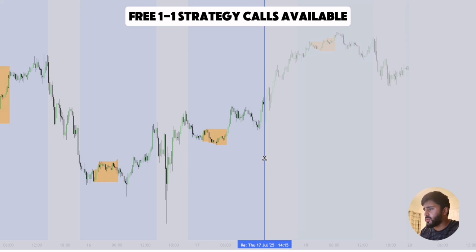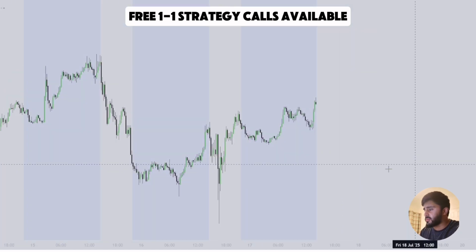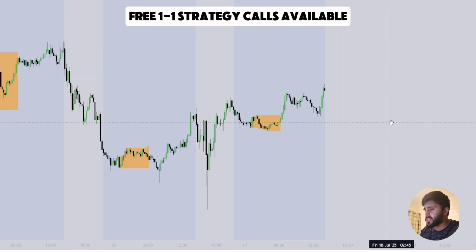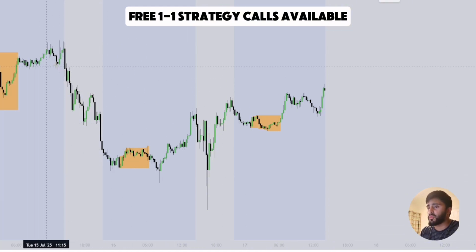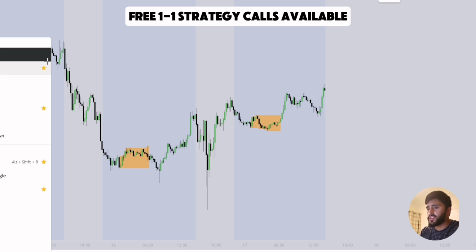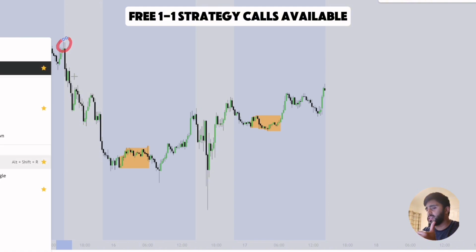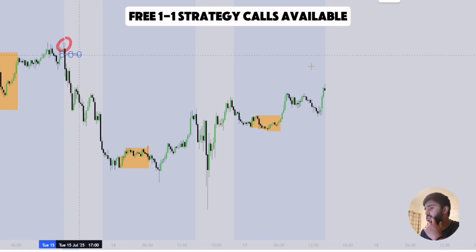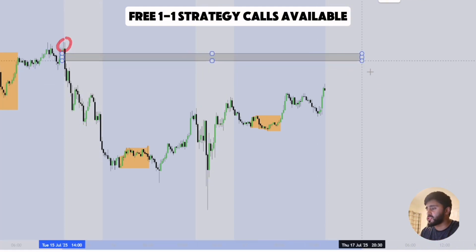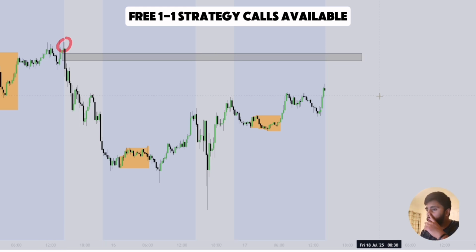So on Thursday, if I just replay price just before the AM session starts, what we're looking at typically, so we've had Tuesday. So this was Tuesday printing the high of the week at the time, right? So if we just draw this over here, we had Tuesday printing the high of the week. And also you want to understand liquidity and you want to understand fair value gaps. So we had a fair value gap here from Tuesday. I'm just going to mark that in the gray. So that is a fair value gap and that is a point of liquidity because it is the high of